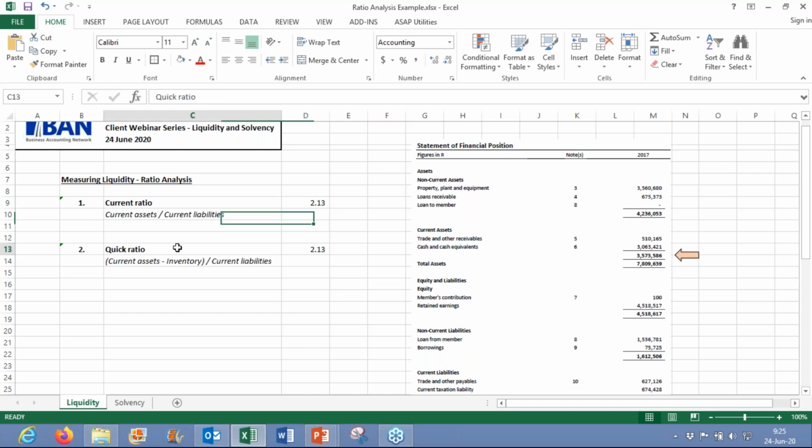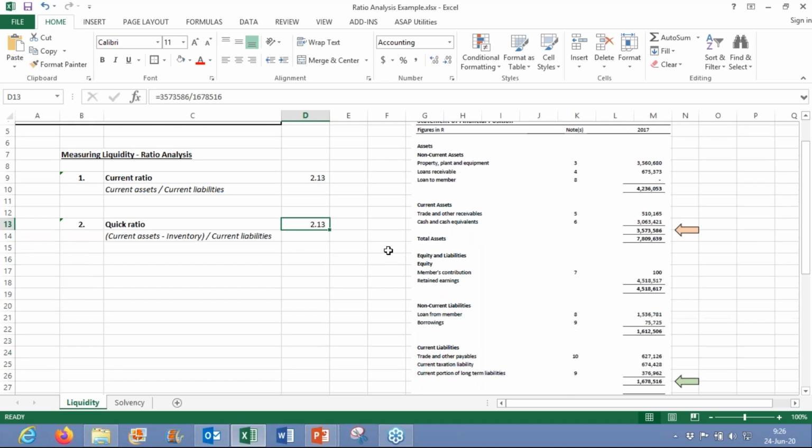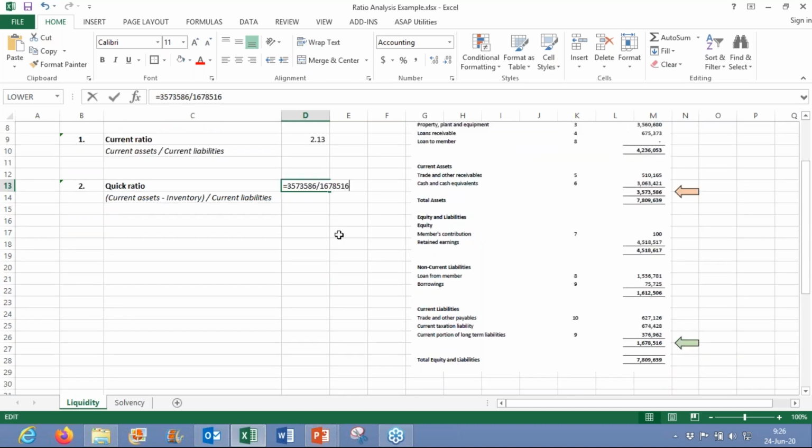Our next ratio is our quick ratio: current assets less inventory. So we're taking our illiquid assets out of the picture. We're looking at your very liquid assets only and how those can cover your current liabilities. In this case, the CC doesn't have inventory. It's not in the business of manufacturing. So if we look at the example now, it'll be exactly the same result as your current ratio because there's no inventory to take off here. You would use the same value for your current assets and the same value for your current liabilities. You would calculate it once again, current assets divided by current liabilities, and you'll get the same answer.